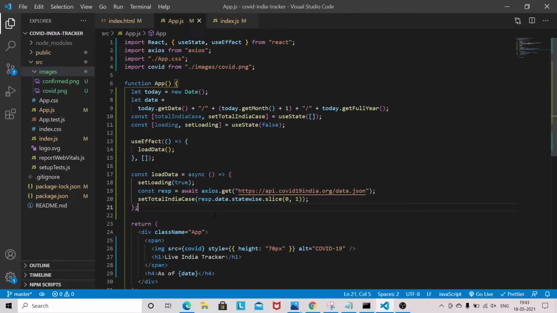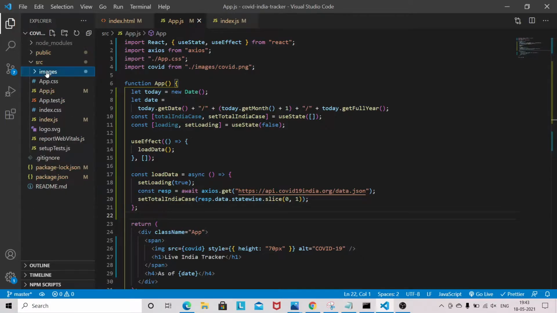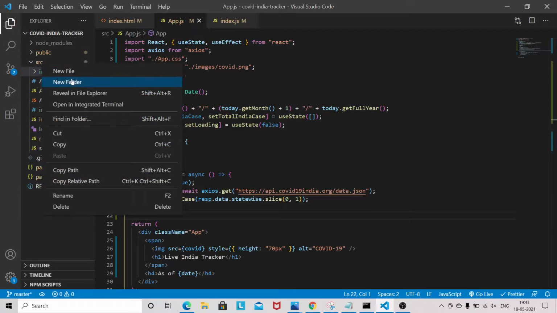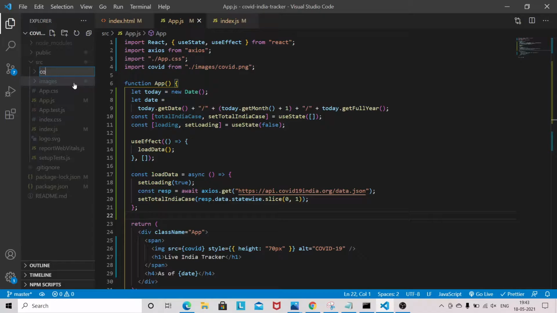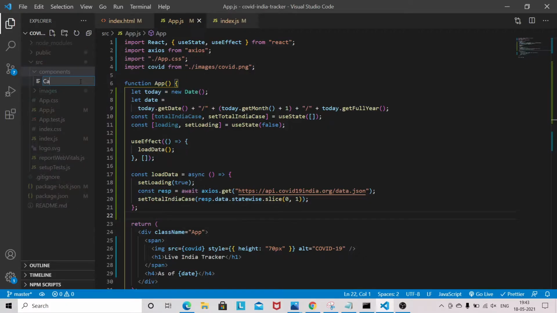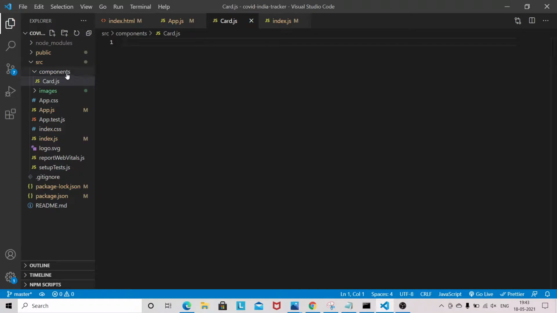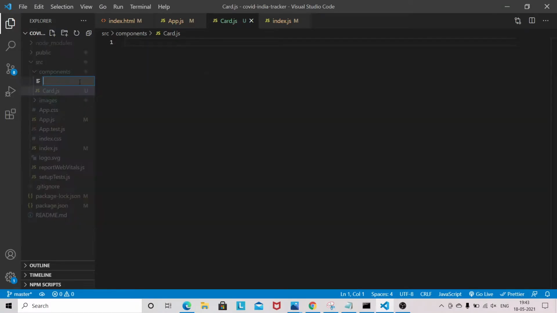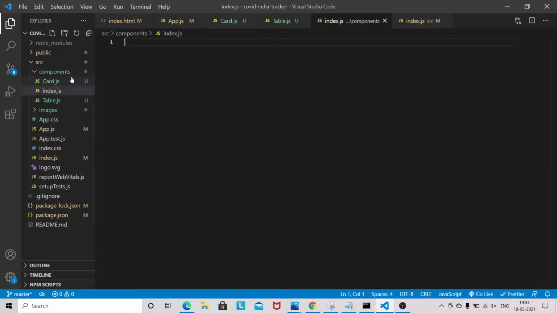Okay, now come to source. So we will create one components folder. So in components we will be having a card component, and one will be a table component, and one will be having an index.js file. Okay,